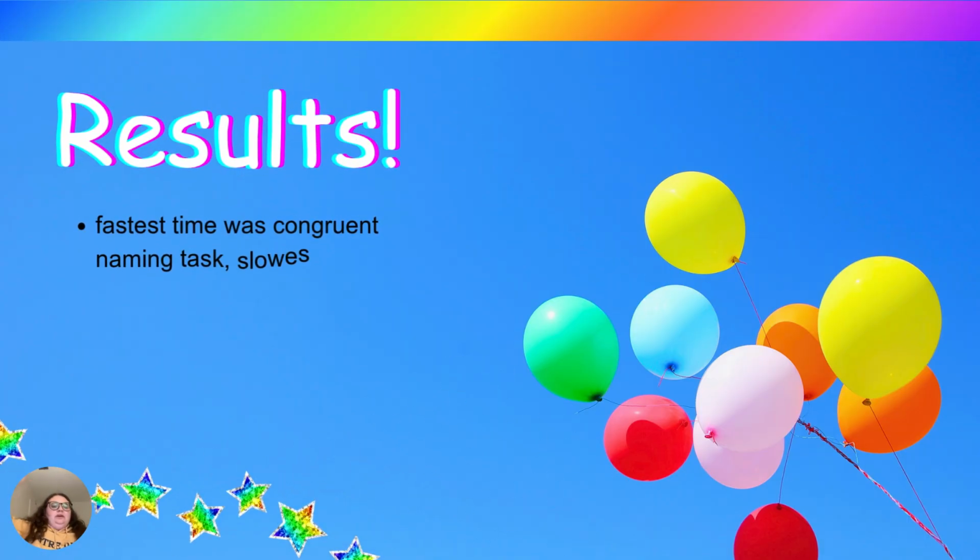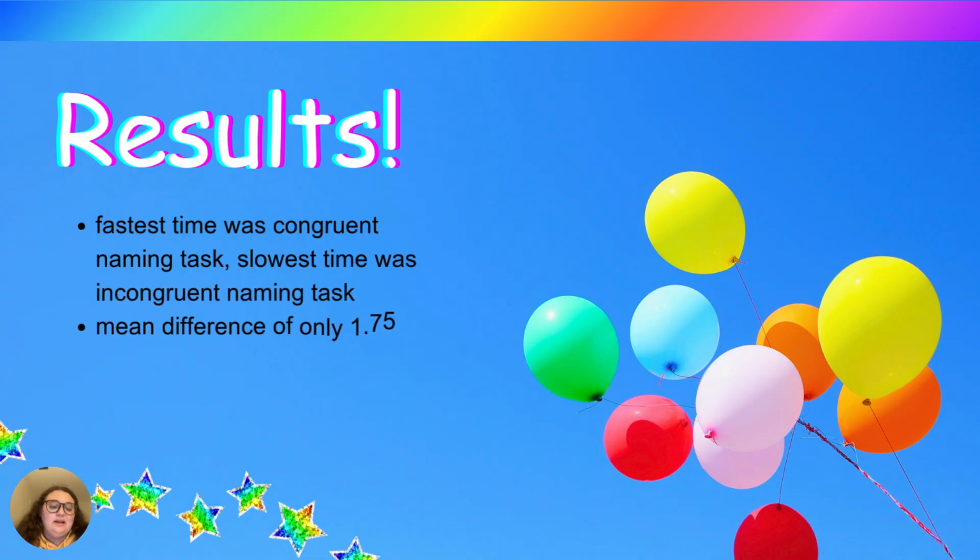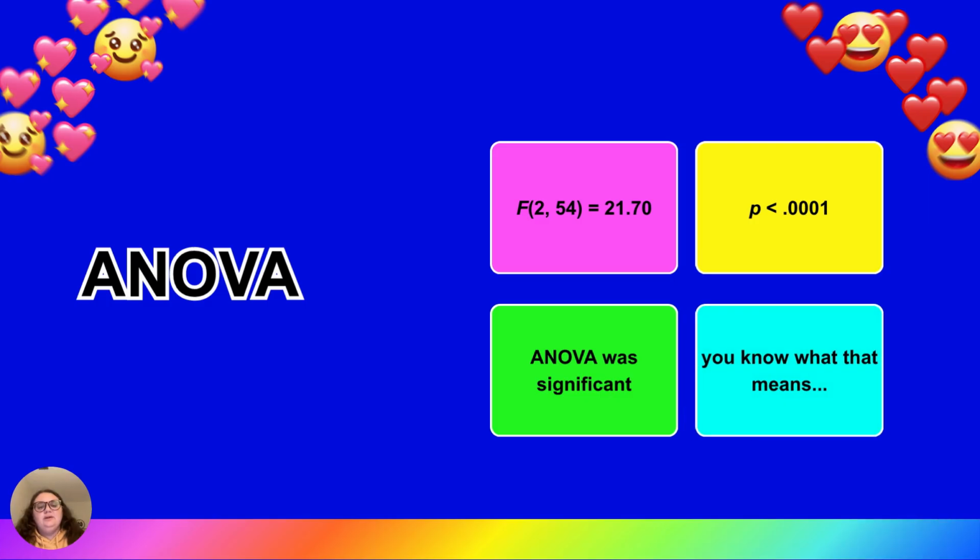Results time. Fastest time was the congruent naming task. Slowest time was the incongruent naming task. Mean difference of only 1.75 seconds. And you know what that means. ANOVA time. What did we find in the ANOVA, you might ask? Well,